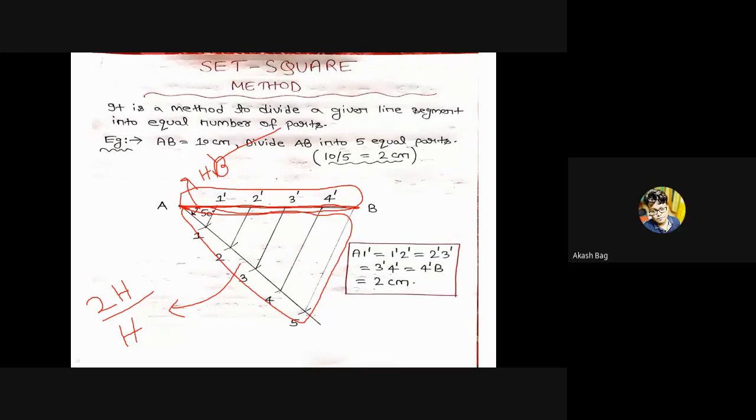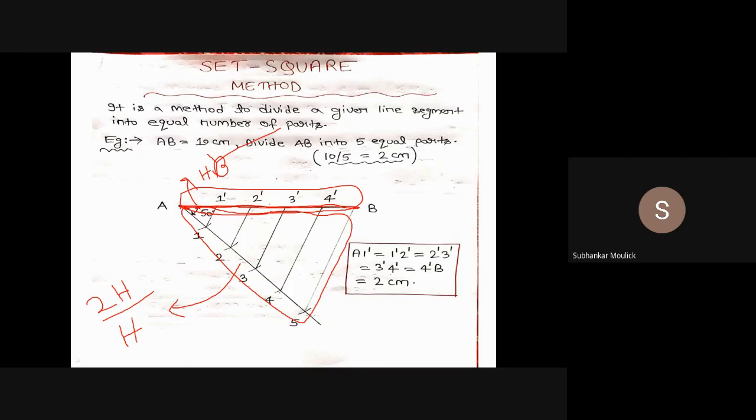Again, to explain: the main part of your drawing will be highlighted by an HB pencil. The supporting part of your drawing will be highlighted by either a 2H or H pencil. In this problem, the supporting part is A1, 1, 2, 2, 3, 3, 4, 4, 5, and these parallel lines used in order to divide the given line segment into some equal number of parts.